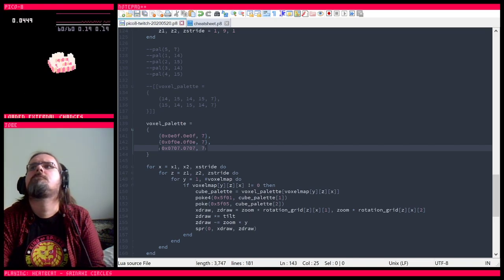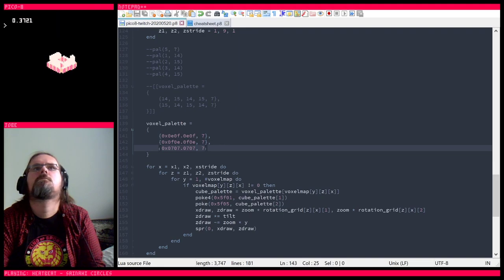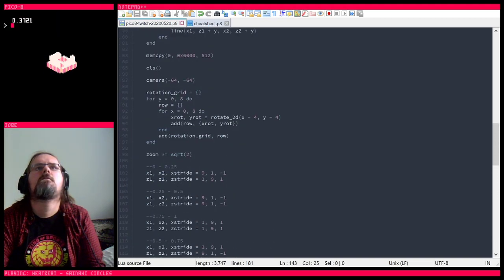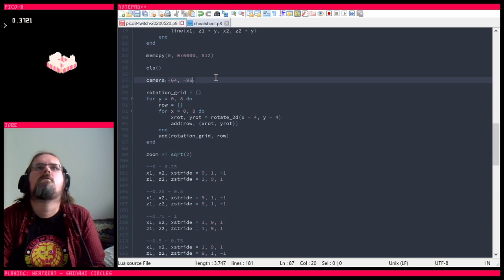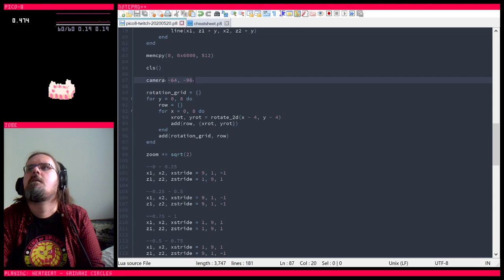Is that working? Yep. You know, I'm gonna set this a bit low, because it's a bit high. Okay, now